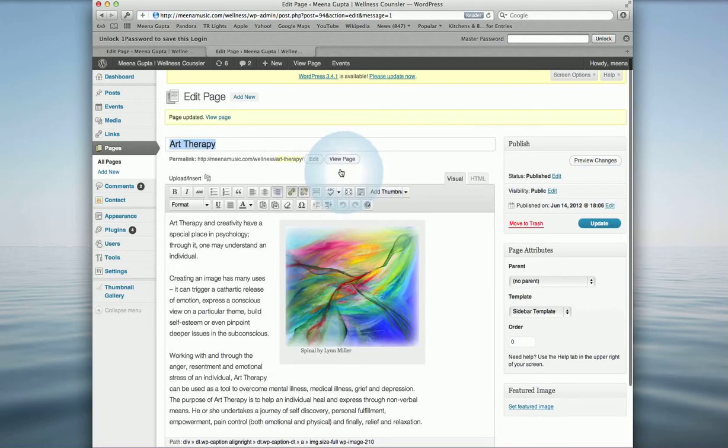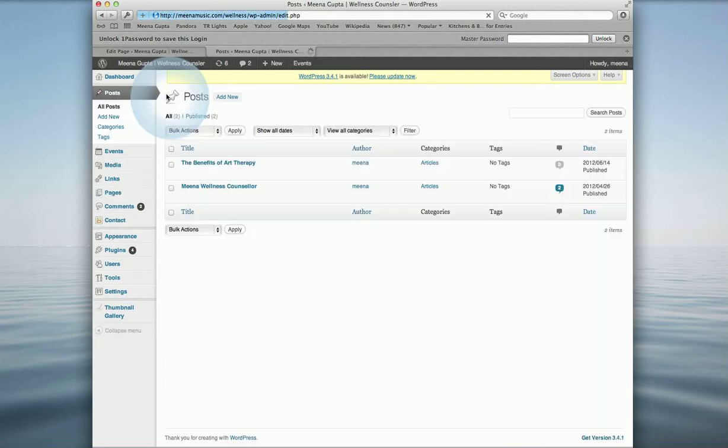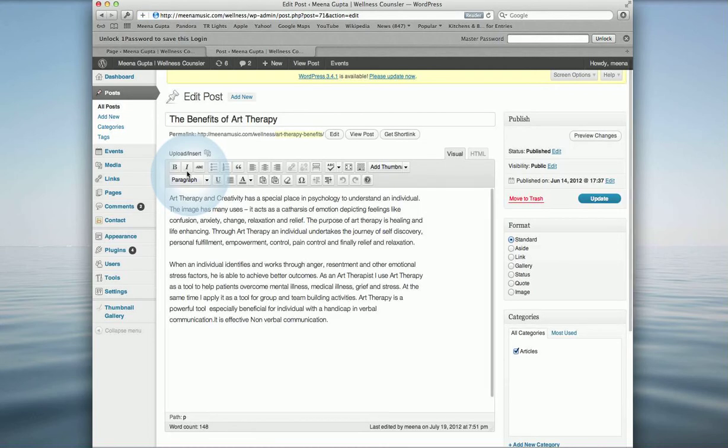So now let's go over here and look at the posts. Let's look at all the posts. Right now I only have a couple of articles. If I wanted to edit one of these articles, it is pretty much the same format that you were just looking at in the page. You can just edit the text right here and hit update. Let's say I wanted to add a new article,